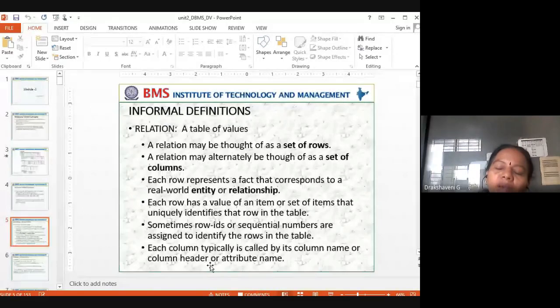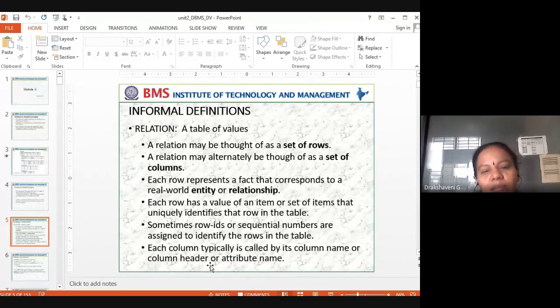Like that, we keep entering column by column. So a relation may alternatively be thought of as a set of columns. How many columns do we have? There are so many columns. Maybe first is serial number, next column is USN, next is name, next is your phone number, next are the subject codes. Like that we may have n number of columns.